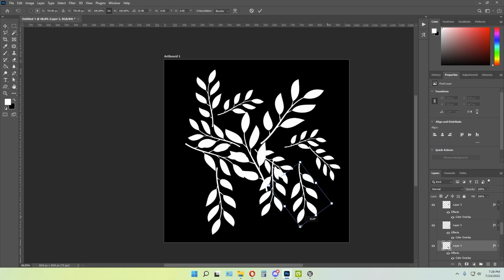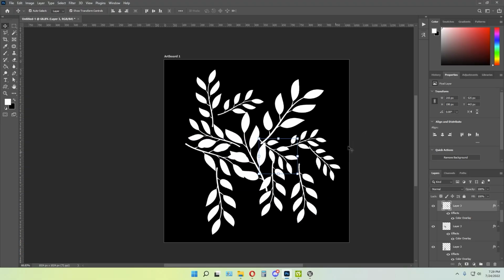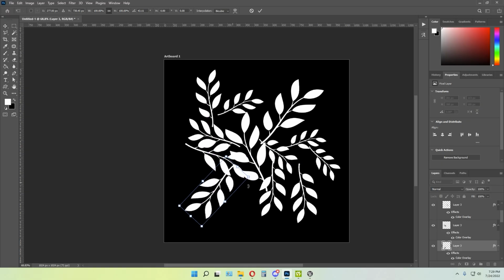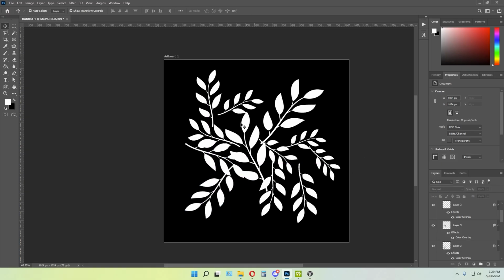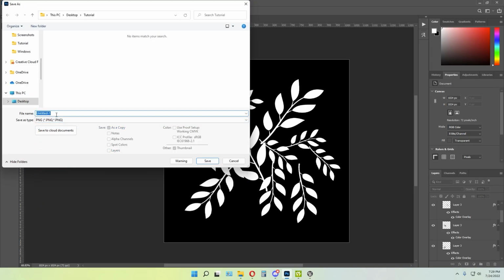All the magic happens here, so try to experiment with this and achieve interesting visuals for your trees. For example, we like this one, and now we need to save it. We will save it as PNG. Let's name it